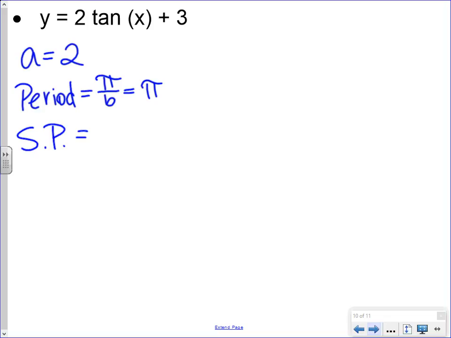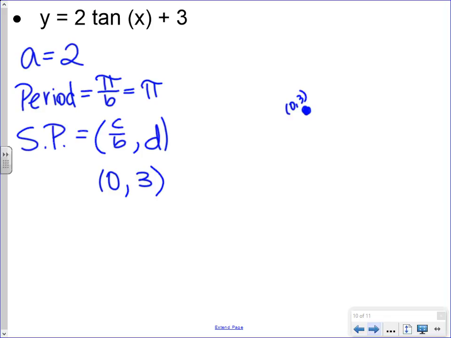Our starting point is still c divided by b comma d. That has not changed. In this case, there is not a c. So it's 0. 0 divided by b is 0. And then our vertical shift is 3. So our starting point is 0, 3. We know that is one of our critical points. In order to draw this frame,